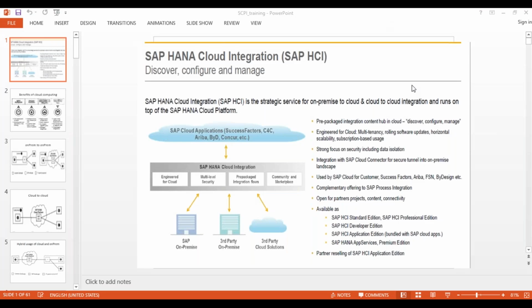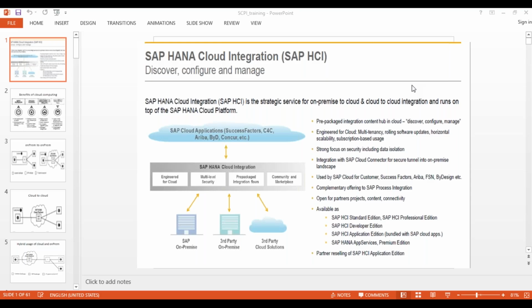Since it is a demo session, after the session I will ask if you have any questions, then you can ask me. After that, we will discuss more about your curriculum, and if you have any queries, we'll discuss. Before that, let's start with the SAP Cloud Platform.